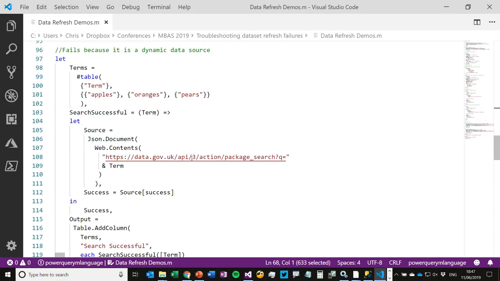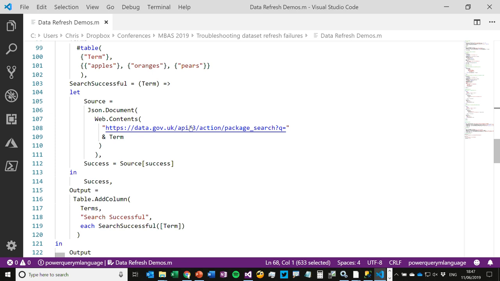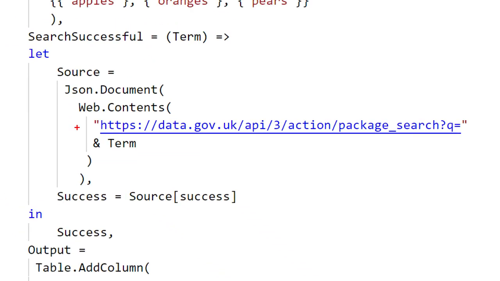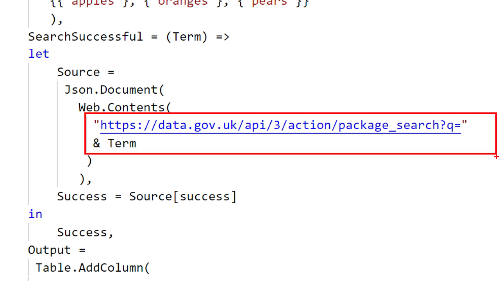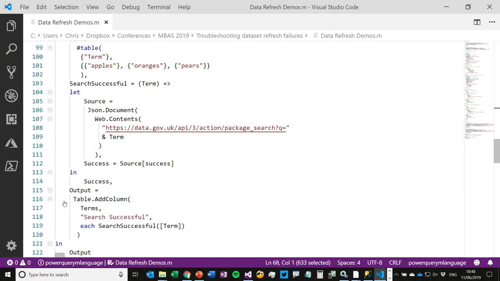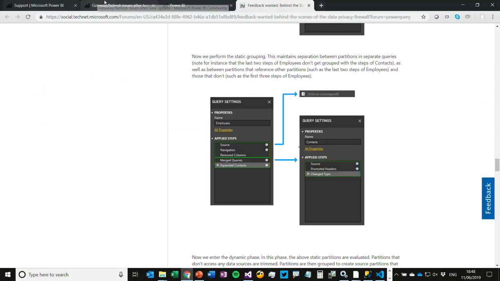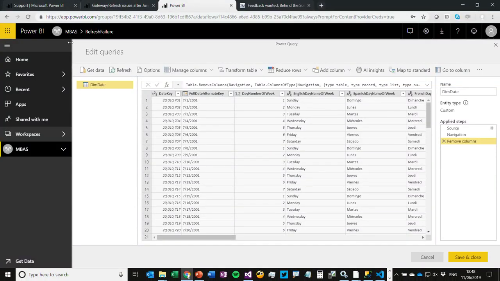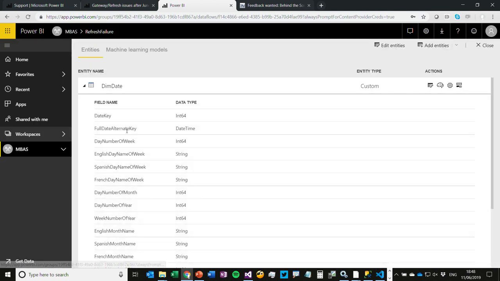So here, I'm not even going to bother running this, is some M code that gives you a table of data with some names of fruit. And the important thing here is I'm using Web.Contents, and I'm going to loop over that list of 3 types of fruit, and I am dynamically generating a search term. This is a great example of a dynamic data source and something that is not going to work inside the Power BI service. And this is indeed the cause of the error that I've got up here,